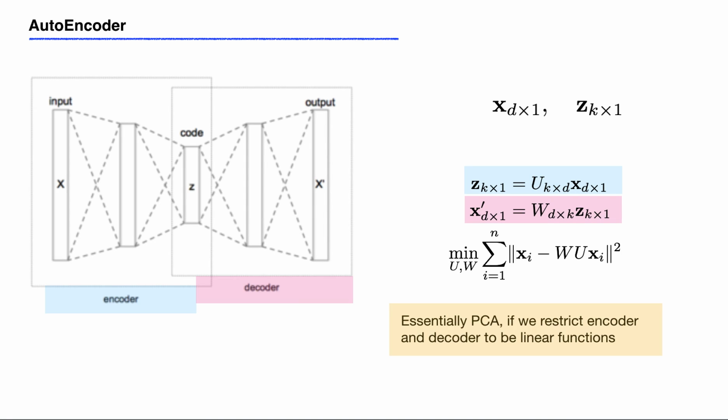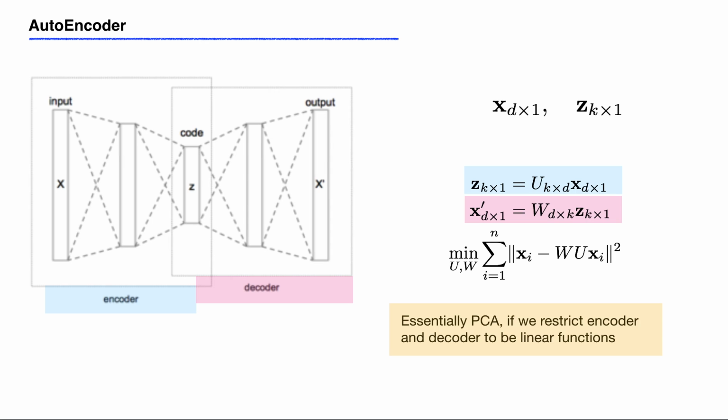A deep neural network can be used not only for supervised learning but also for unsupervised learning. So in this video, I'm going to describe how we're going to use a deep neural network for dimension reduction. And in particular, we're going to talk about the variational autoencoder algorithm. First, let's talk about what an autoencoder is, and you can view it as just a fancy name for dimension reduction